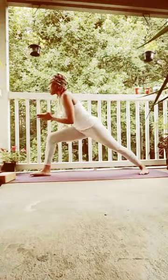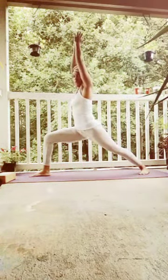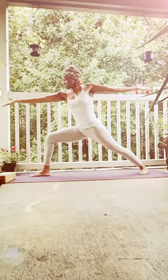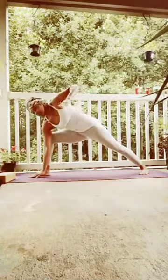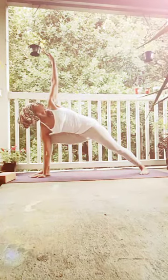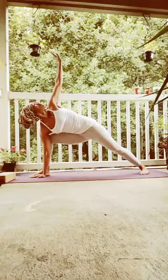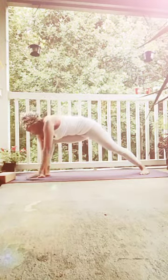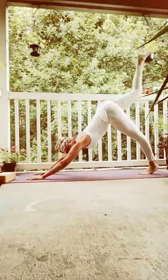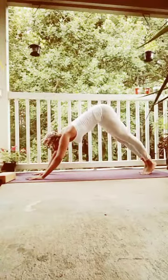Sun salutation. Come here. You come in here. You come in here. You come in here. You're looking up, taking in that breath. Coming back down. Bring the leg back. Bring the leg down. Bring the knees